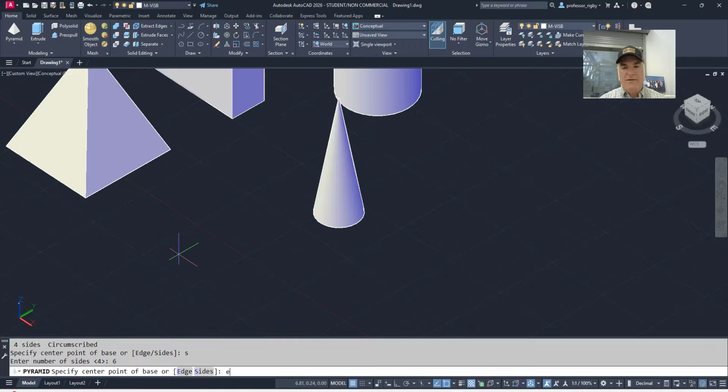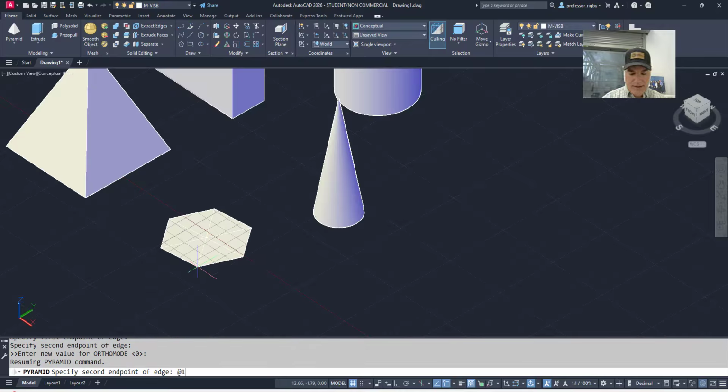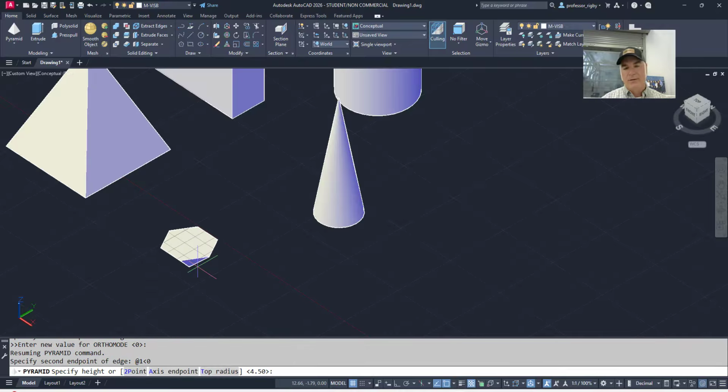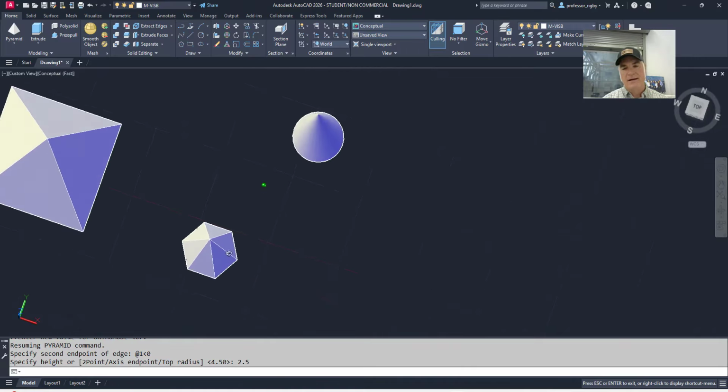If I type E for edge, then I can draw one edge. You see how it's allowing me to draw one edge? I can give it whatever orientation I want. How about if I say at 1 at an angle of 0? Remember, 0 is along that x-axis, and then I can put in my height here, and I'll say, how about 2.5? So there is my 6-sided